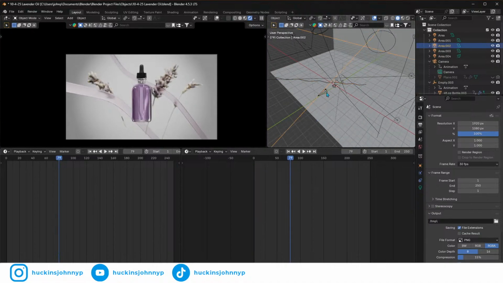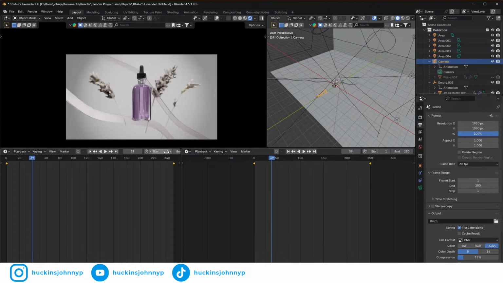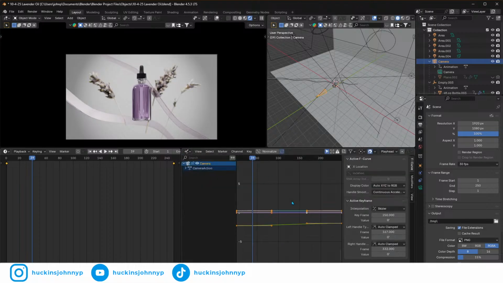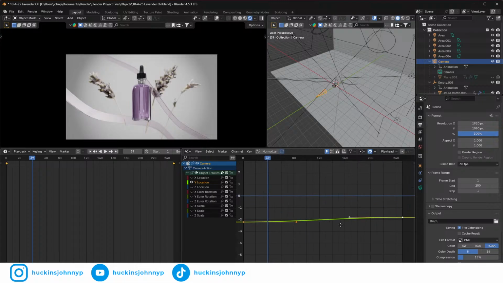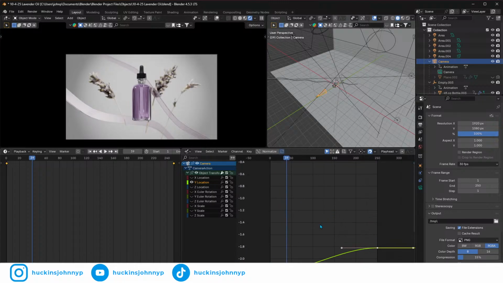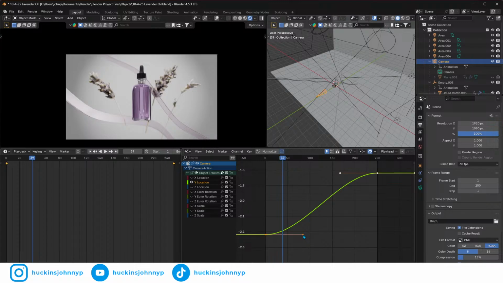Dude, what I want to do with this camera now, let's do this. Let's go to the graph editor on this camera. We're just going to grab that Y location, turn everything else off. N to hide that menu. If you press and hold Control and then click your middle mouse, you can kind of scale this up to really like,